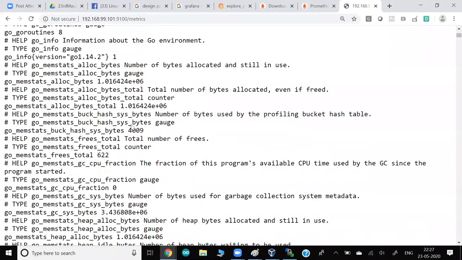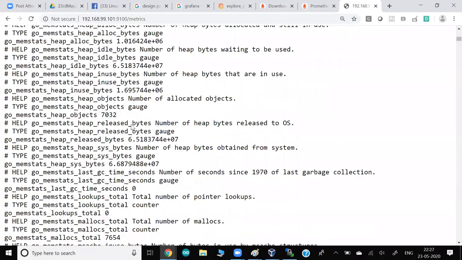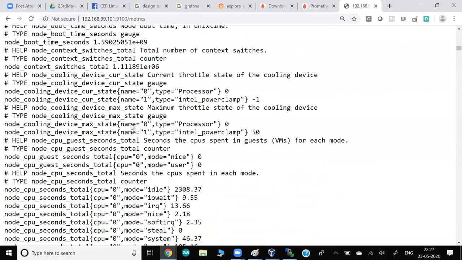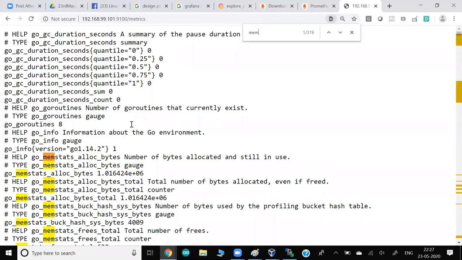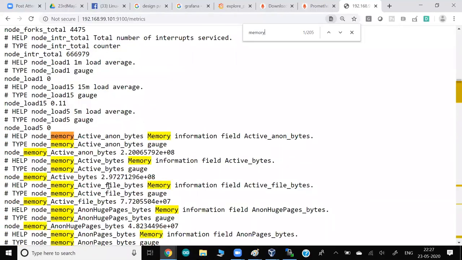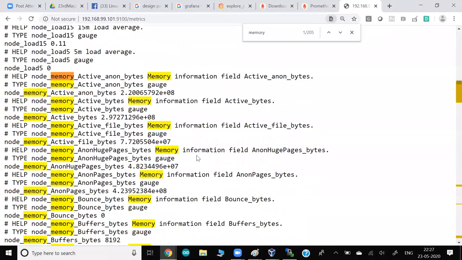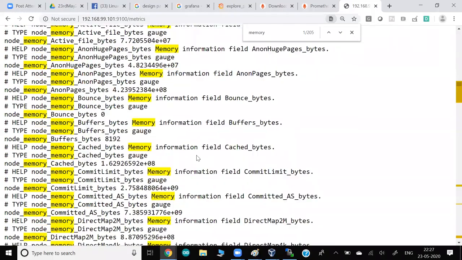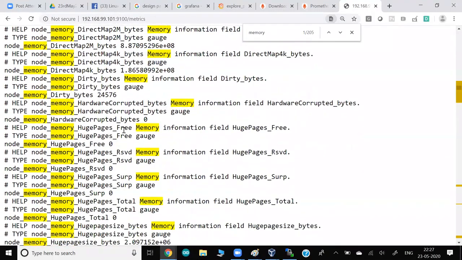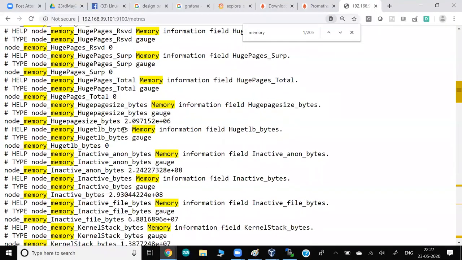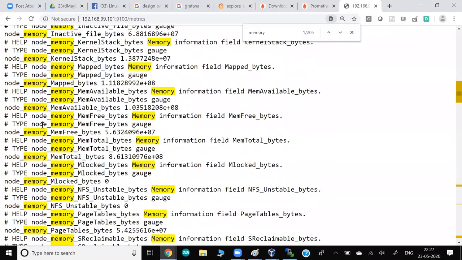Maybe some of the information might not be clear, but let me search with Control F for memory. What can you see here? Some of the words we can understand, like dirty memory, or memory total, free. Say this one: memory free bytes, this much.